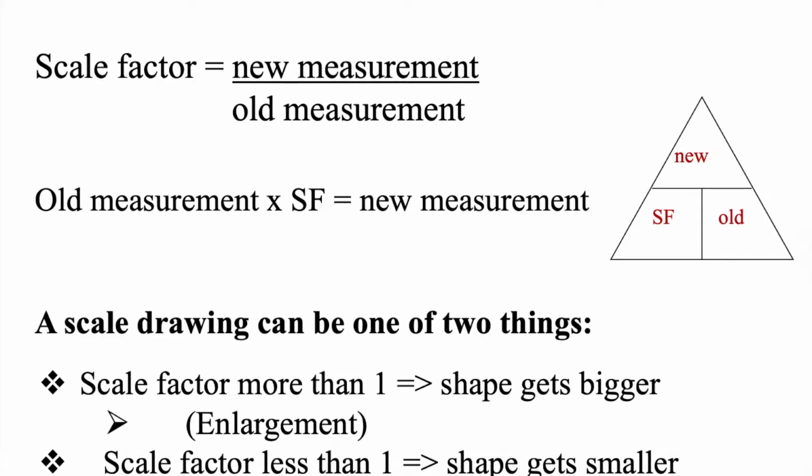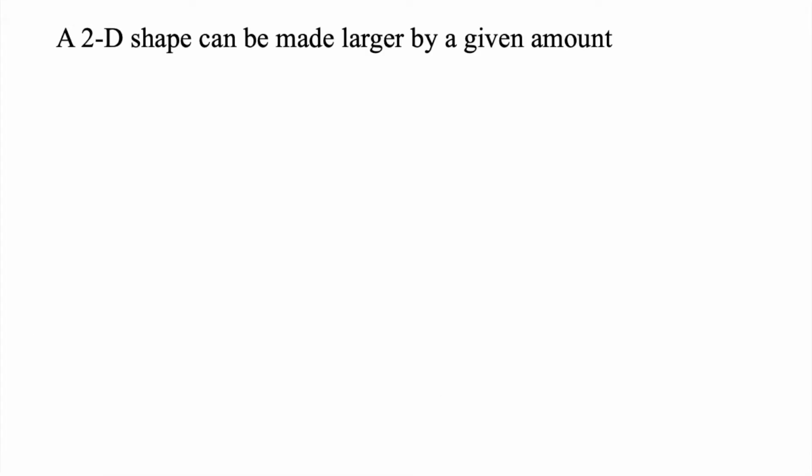Then if the scale factor is less than one, it means that the shape gets smaller, and that is called reduction or scaling down. So a two-dimensional shape, for instance, can be enlarged or scaled up